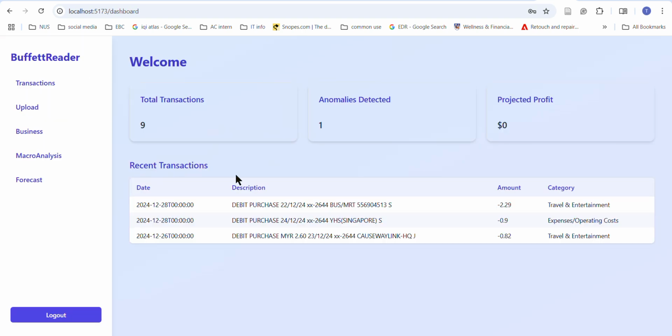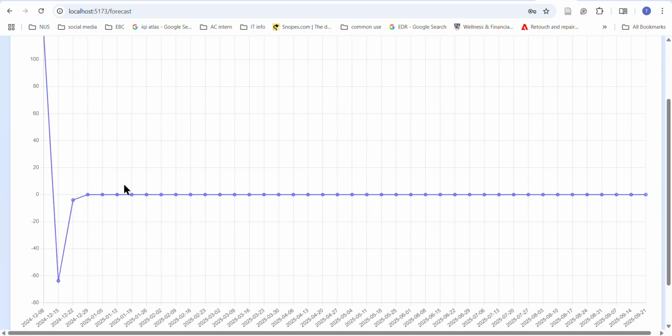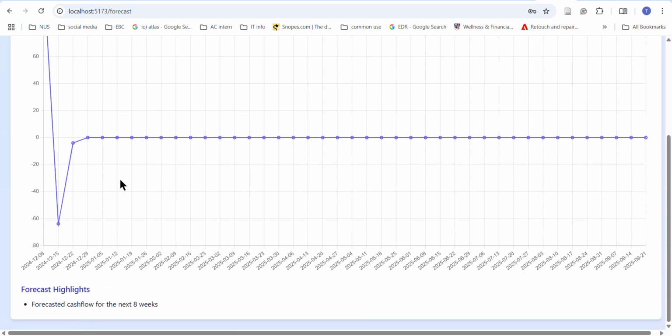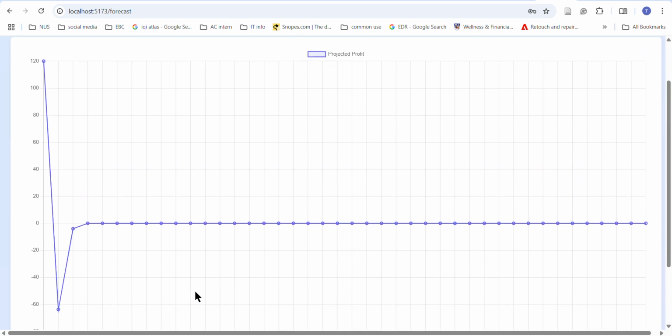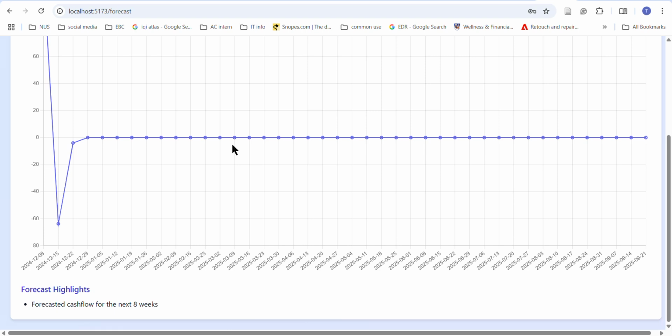Next is the forecasting feature. If you click on the forecast tab, you can see a beautiful graph shown here and some forecast highlights. So this is the graph of the cash flow based on the transactions that have been uploaded by the users. If you look at the data from here up until here, that is where the users have uploaded the transactions, from the first time up to today's date. And then the rest of the cash flow is predicted by